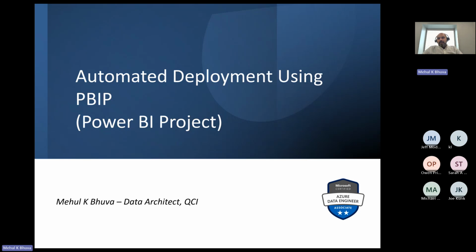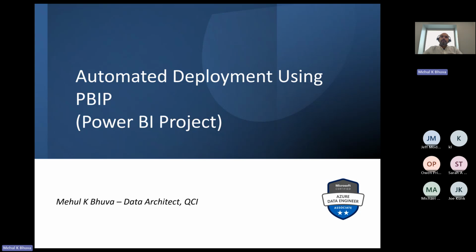So Mehul Bhuva, I'm a data architect at QCI. It's a local company in Des Moines, Iowa. I've been working with Microsoft technologies for 20 years, as I mentioned. Started with VBASP, graduated to C#.NET, and then all the other patterns and frameworks: WPF, WCF, MVC, LINQ, .NET Core. Mostly I have been an application developer, senior software engineer, tech lead, filled multiple shoes, worked on SharePoint as well for